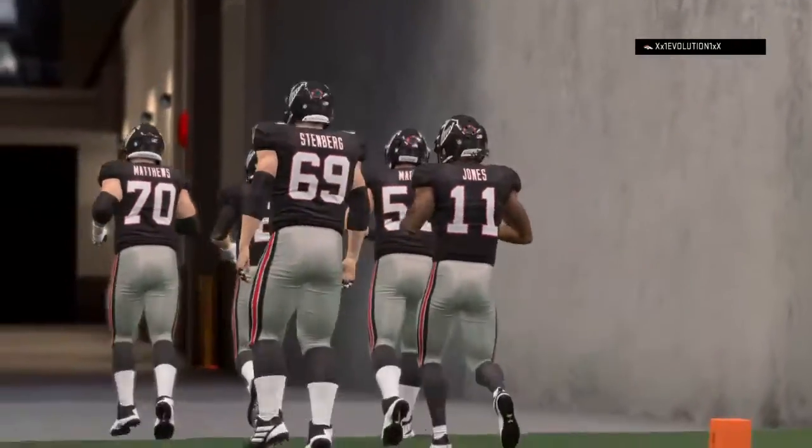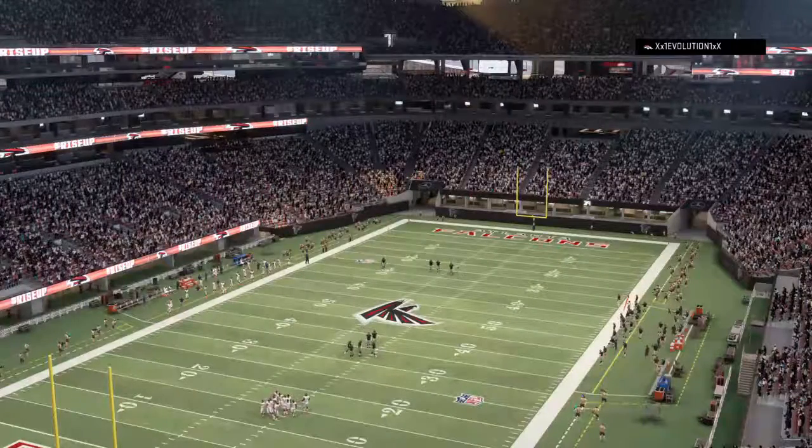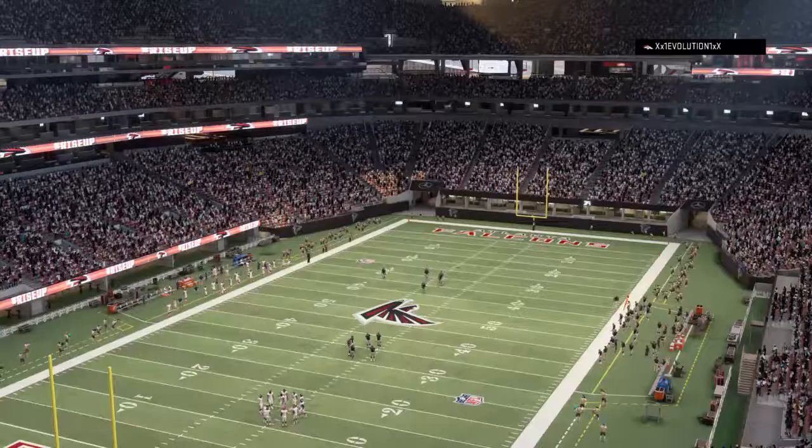So for Atlanta, they make amends for their Week 1 loss by winning their home opener. And they'll get to stay home again next week. Meanwhile, for our visitors, they will fall